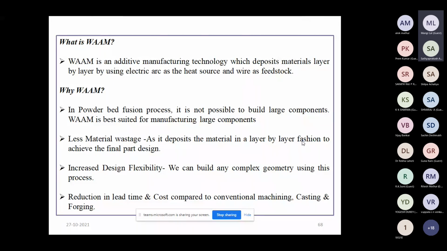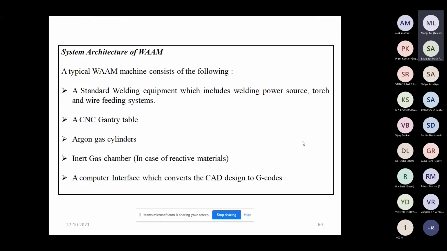Let us see the system architecture of this wire arc additive manufacturing technique. Obviously the components that are required in welding techniques are also required for this technique. For example, a CNC gantry table, which is not required in normal welding.